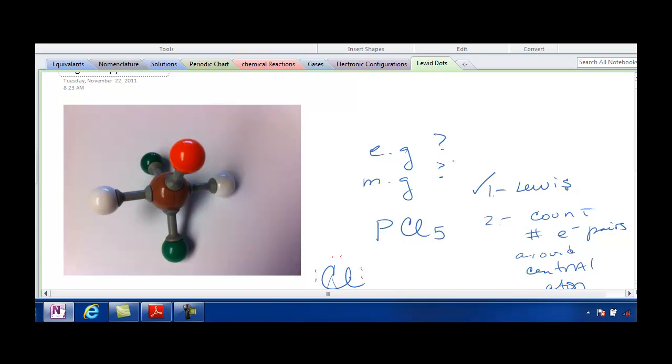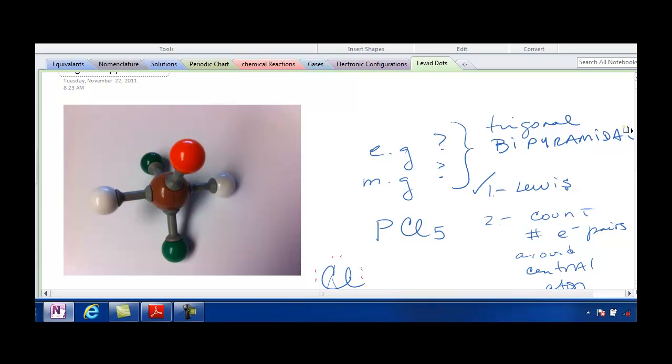Electronic geometry and molecular geometry, they're both trigonal bipyramid. Or trigonal bipyramidal. I have a pyramid. If you look at this top white and this 3, that's a pyramid, and that's another pyramid. Do we see it? Okay, let's keep moving down